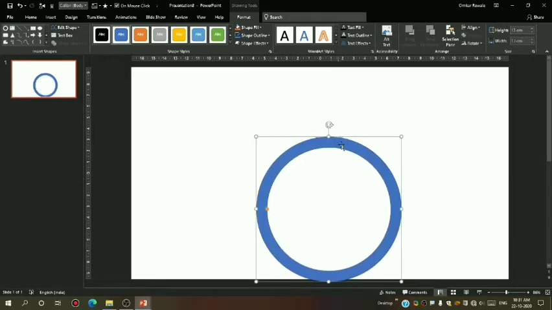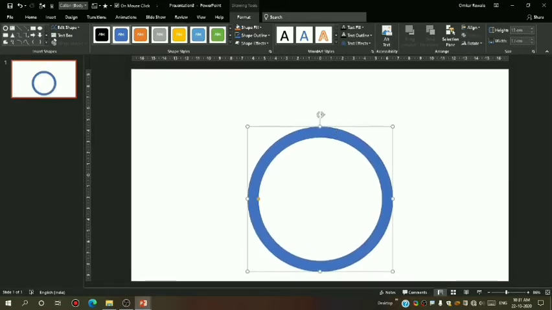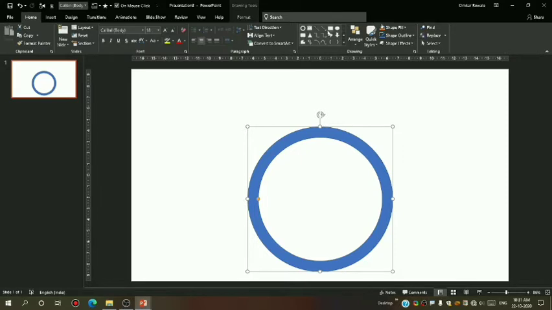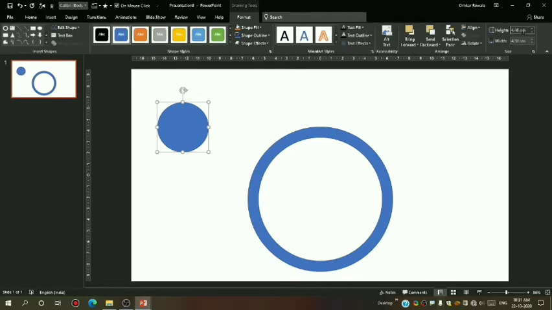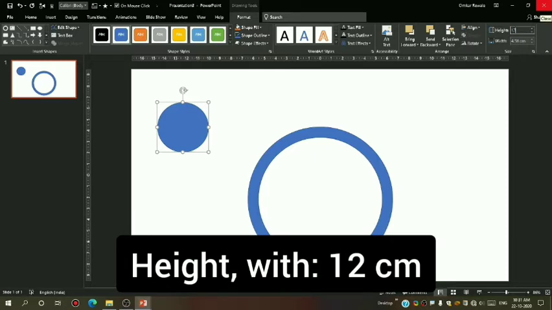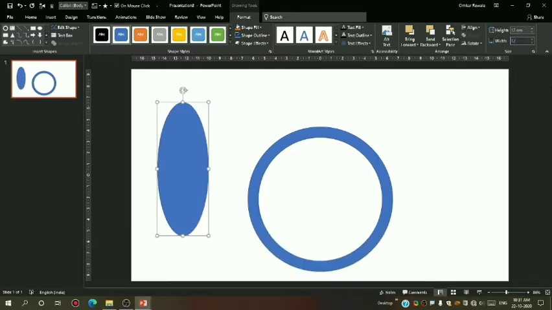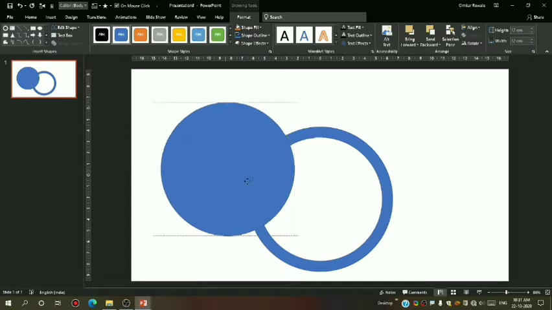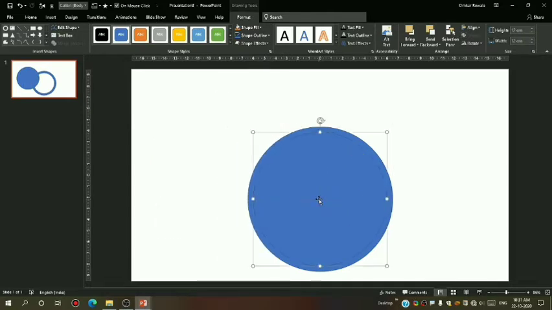Again I will go to Home, select this oval, and draw it randomly first. Then in the Format tab I will make its height 12 centimeters and also width 12 centimeters. Now I will arrange it here and send it back.